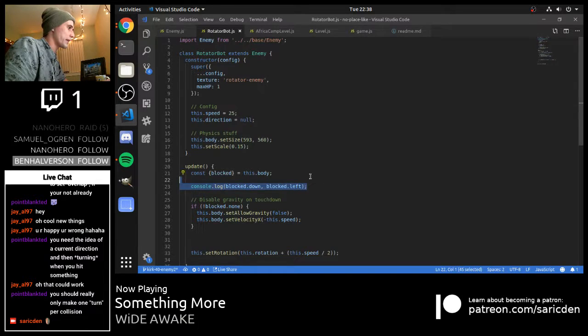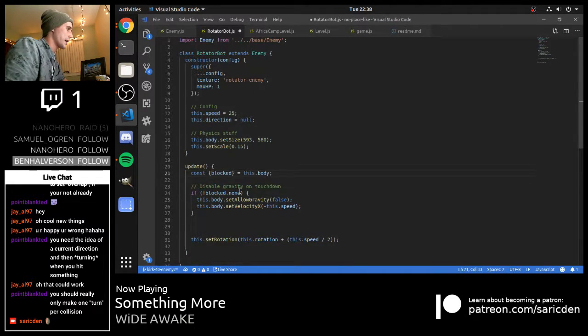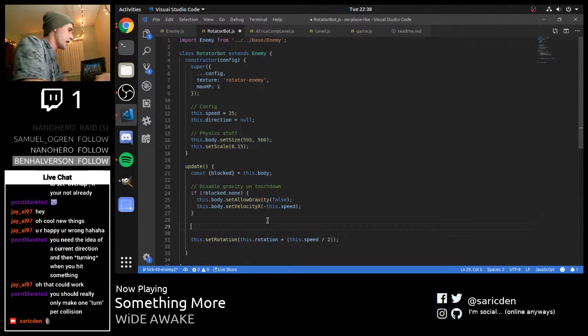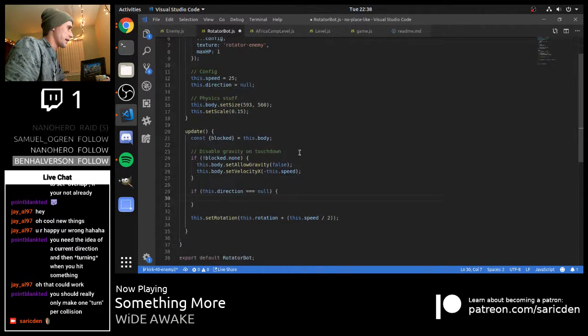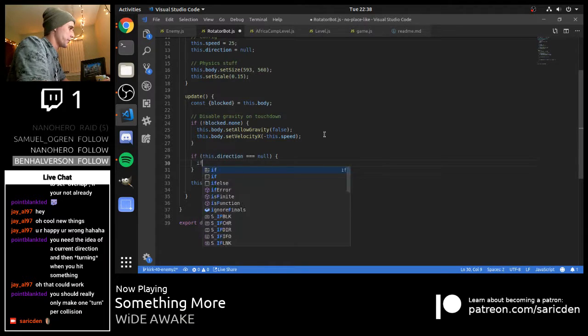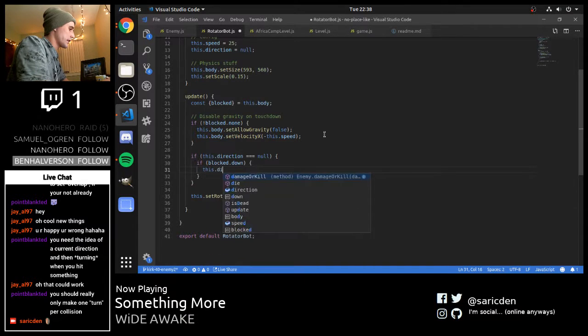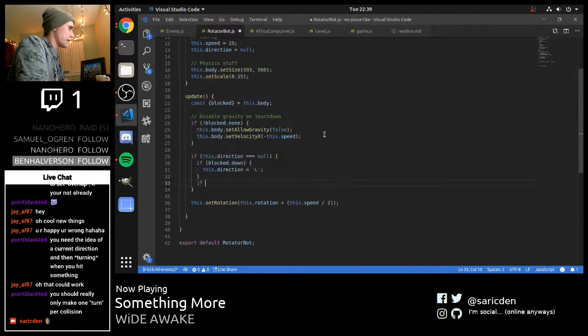Oh wait, but you know what, you're right, we can use that direction to tell us what direction we're already going in. So if this dot direction equals null, which is to say it hasn't been initialized yet, then we'll say if blocked dot down, this dot direction equals, let's say, L for left. If blocked dot up,